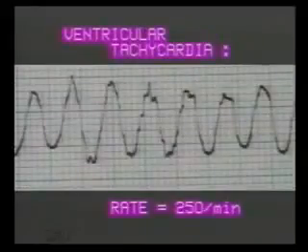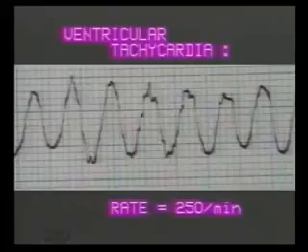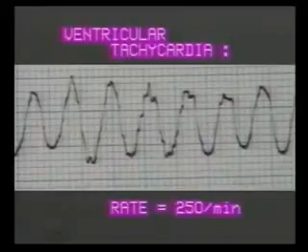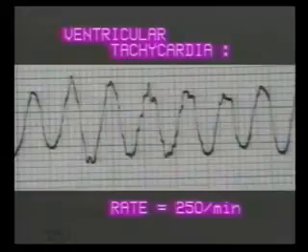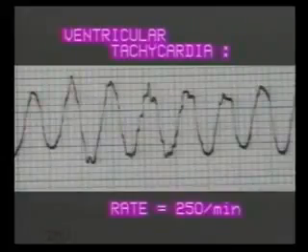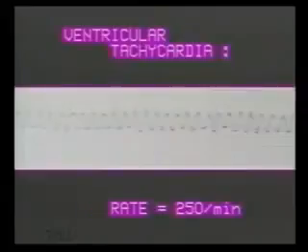In this ECG, the QRS complexes are very rapid but broad and bizarre, indicating that the impulses are originating in the ventricles. There are no P waves. The RR interval measures 6 small squares, that is, the ventricular rate is 250 per minute. This is ventricular tachycardia. It is common after myocardial infarction due to formation of circular circuits around the ischemic area. It is very alarming as it will lead to ventricular fibrillation and death.